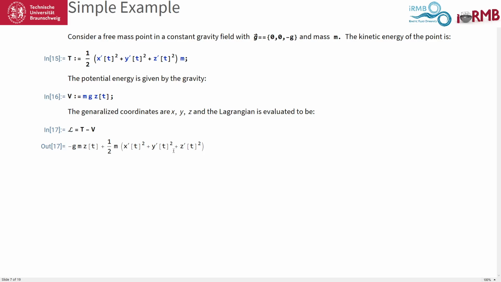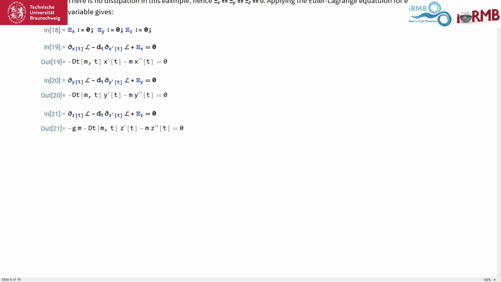So you set this up and now you have your Lagrangian, and now you use the Euler-Lagrange equation to study the dynamics of this. So let's go to the next page and try to do this. So now we have to define our dissipation, which I do here. So we say we have no dissipation, and then we take